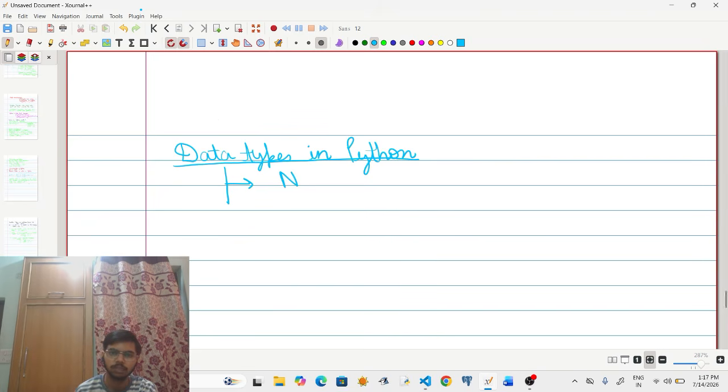So there can be numeric data types, such as integer, float, and complex. Let us see each one of them.